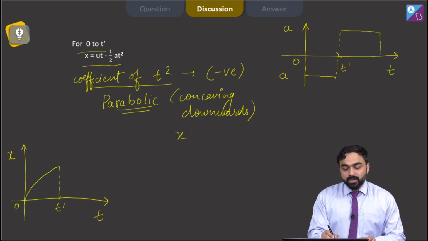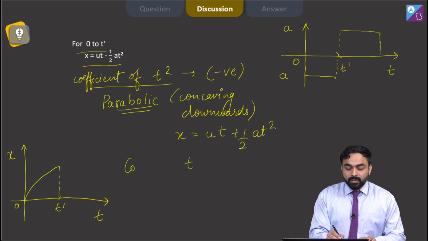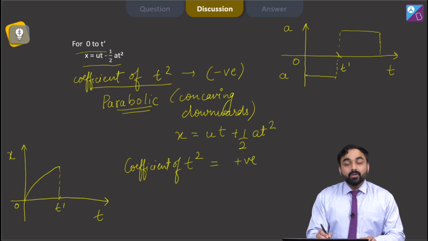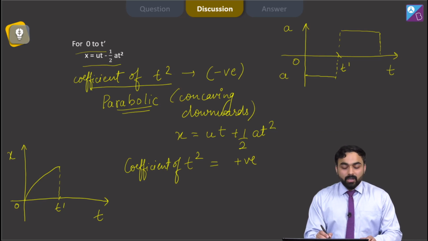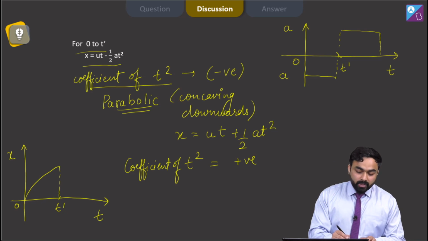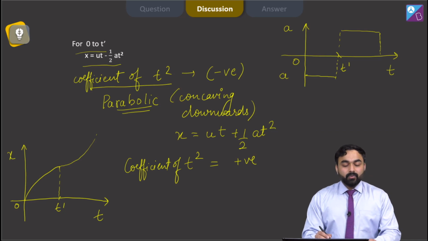So the equation would be written as x equals ut plus half at square. Here coefficient of t square is positive. Therefore the graph will be parabolic and it will be concaving upward. So from t dash it will be concaving upward. Correct? So let me